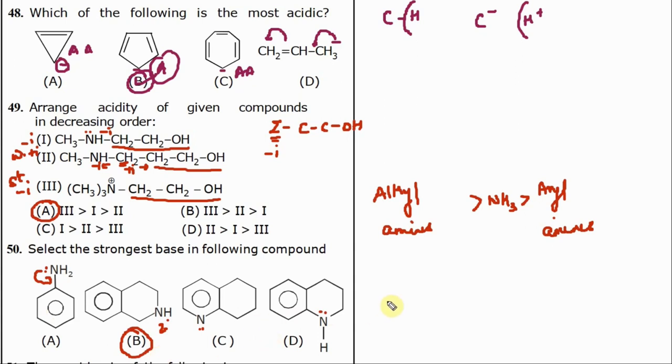Okay. Now if you want to arrange them in order, which ones have conjugation? A, C and D have conjugation. So A and D will come last. B is the best. Alkyl amine greater than ammonia greater than aryl amine. For the aryl amine, the electron is not needed because aromaticity is there. This is a substituted pyridine. Now between these two, where will the ring take the electron more? Here, only the N gives to the ring. Here, there is hyperconjugation as well. So this will take less. D greater than A, but you should put greater than or equal to, because the effect of this is not that